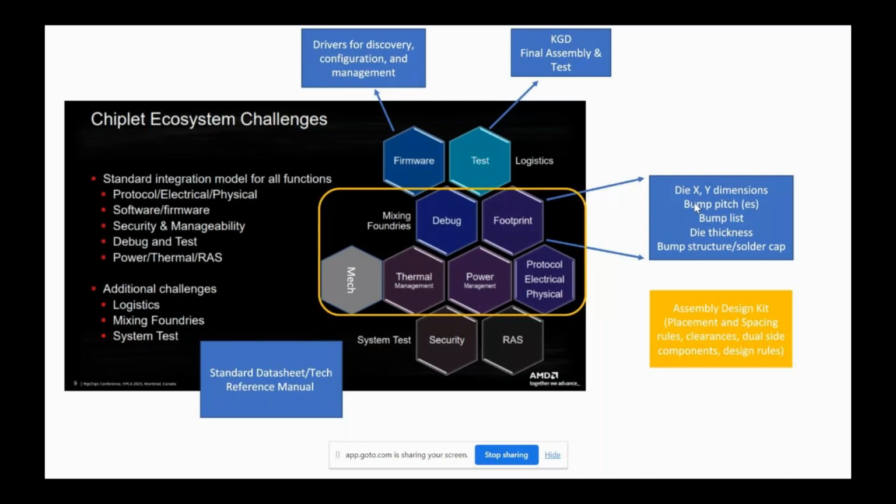So let's say there are two chiplet vendors, you've got Broadcom and you've got Marvell. Now you want to make a decision. You want to know the size of the die, and so on, but you also need to know the price. You want to know whether it has been checked against these other chiplets.